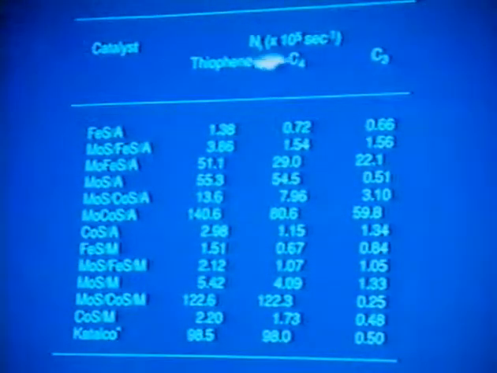And I neglected to mention that the activities are reported in terms of molecules of either reactant or product per cluster. For comparison purposes, we've also included Catalco, a conventionally prepared catalyst, Catalco 477. The results here are on a total metal loading basis. One reason why we decided to use a per cluster site density was because we believed that at most the clusters would produce one active site, so any activities that we report here would be somewhat pessimistic or conservative